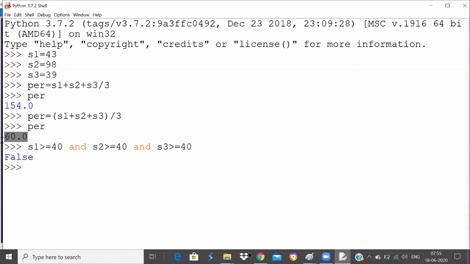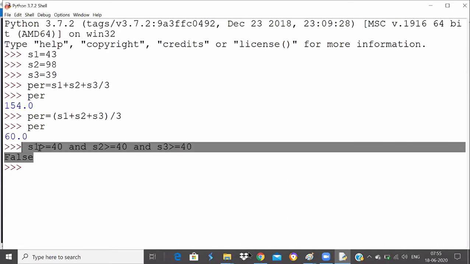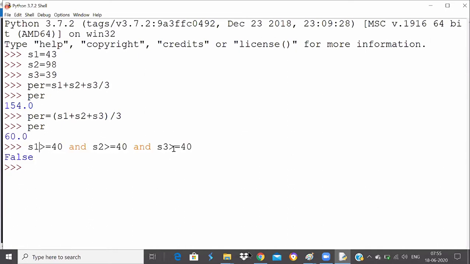Even though he got 60 percentage, he got false because all the subjects are not up to that marks. It's not got 40 marks in each subject, so this will not be passed now. Similarly, if you wanted to check with or, then you can enter any character and it will tell whether it is vowel or consonant using the or operator. Anyhow, we will see that practical when we go for conditional statement.